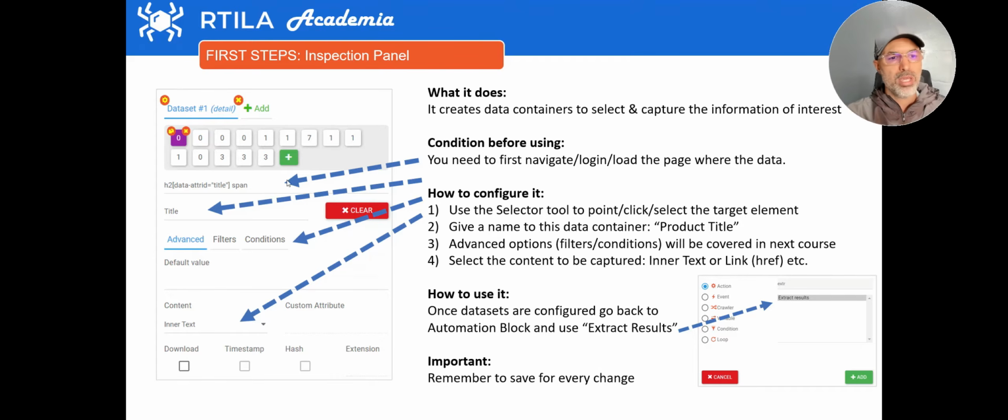But even before you come here and you start creating the variables, you have to first navigate to the page where the data is. And that's a little bit counterintuitive, because when you launch RTILA, you first want to use the automation panel. But actually, the first thing to do is to navigate and load the page where the data is and create all the fields. So it's a little bit counterintuitive, but once you do it once, twice, then it becomes more logical. So you navigate there, you load the page, you log in if you have to log in, you do whatever it takes to reach that page where the data is, and then only you can launch the inspection panel and